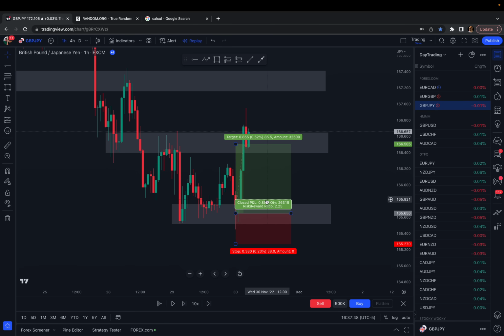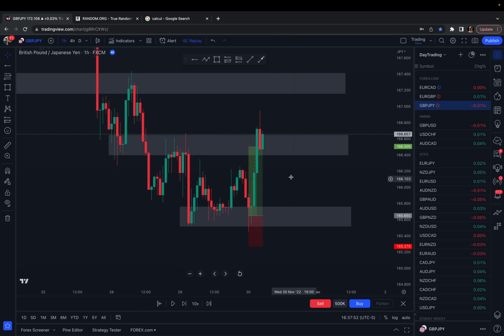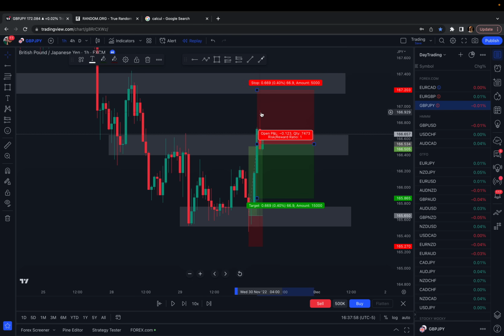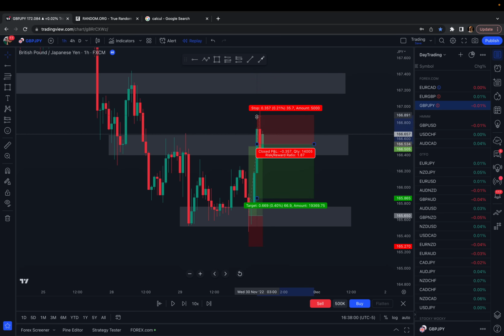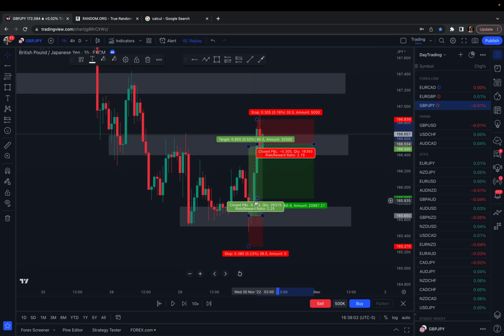So in this case, it hits the target. Goes and hits the target. That's great. So price also got to this next resistance zone. So I would have taken a trade there. So I would have sold right here at resistance. I would have had a stop loss right past the zone, right there, and then a target down here at